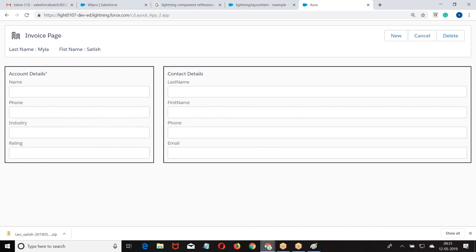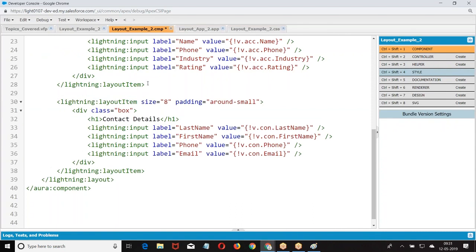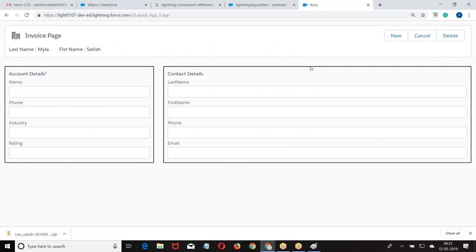Now, Satish, I have one question. Go ahead. On that layout, can you show me that layout box on the application? Here, on the invoice page, the section size is 6, and the account details is 3. The top one I gave is one layout item, and in the layout item I gave size equal to 12.